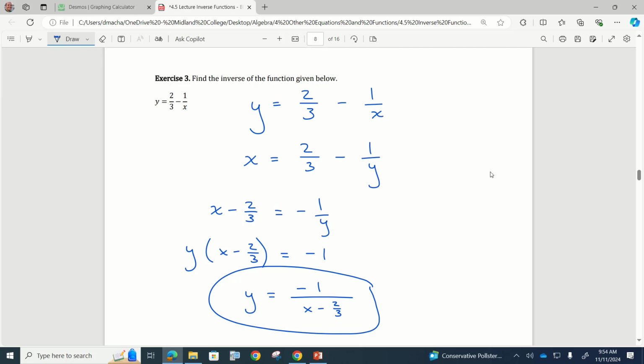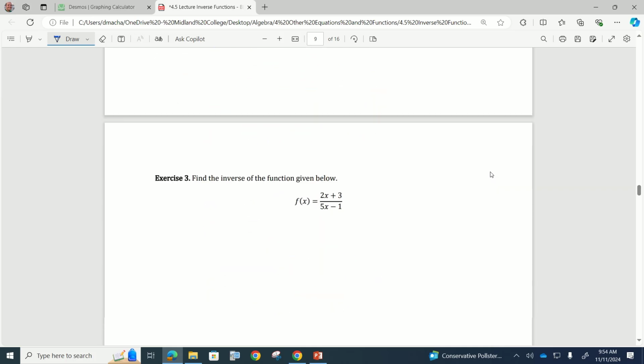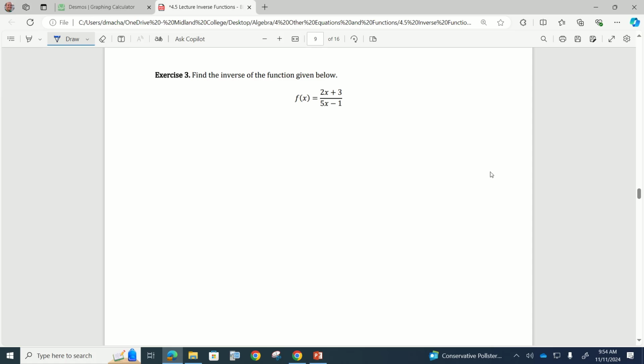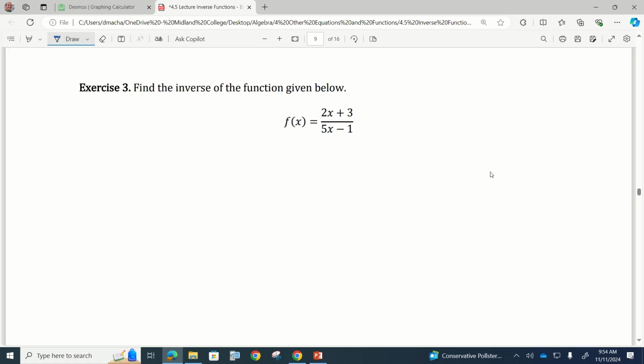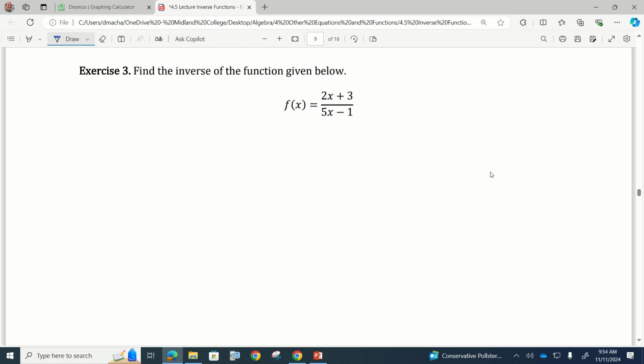Is that easy? Very good. This is probably the trickiest one we're going to do today. At least in my opinion. And we've got the function f of x equals 2x plus 3 over 5x minus 1. I just rewrote it with a y instead of an f of x